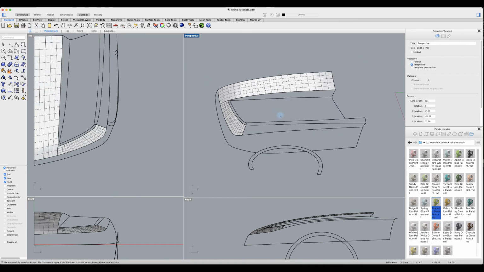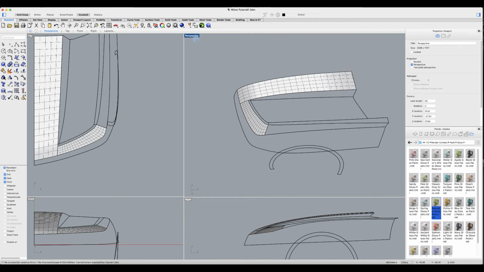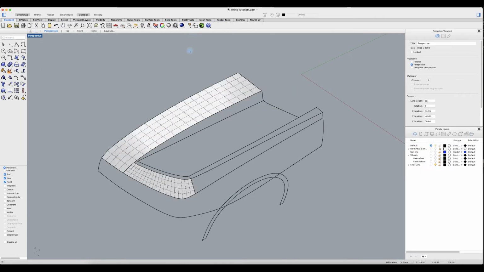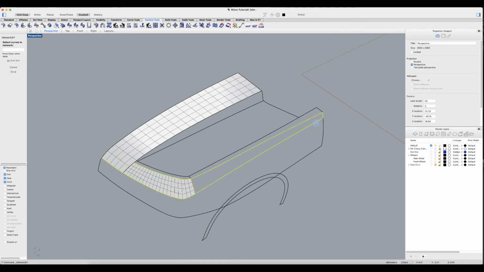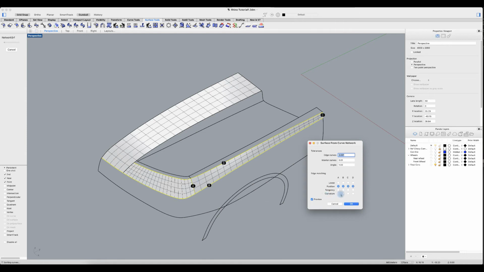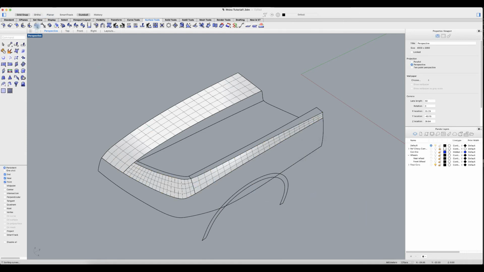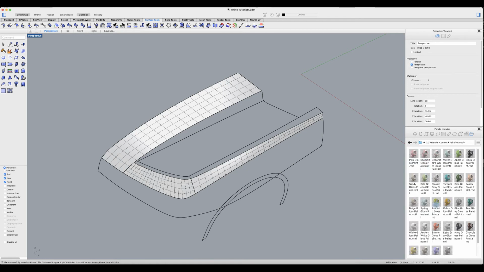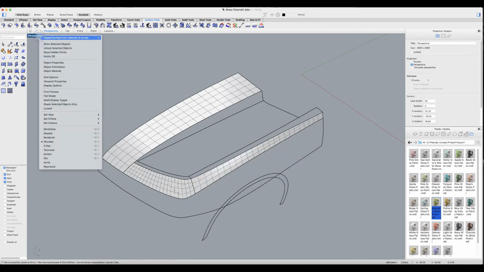And so what we want to do is I'm going to maximize this, and I'm going to use my surface tools again. So what we want to do here is go to our surface tools again. I want to go with surface edge there, and I'm going to go with curvature right there. I'm going to save my work, and I'm going to go to paints, glossy. I want to stay with the same paint work, and